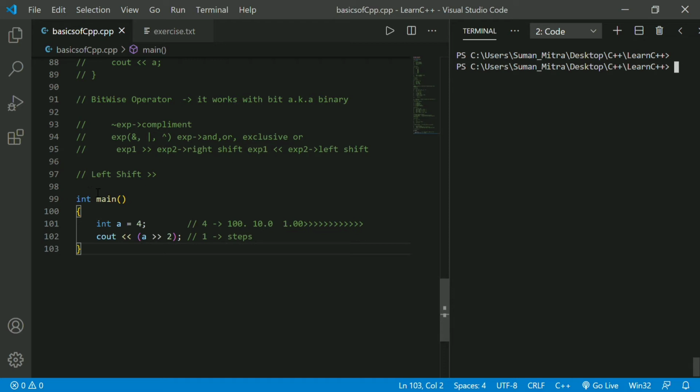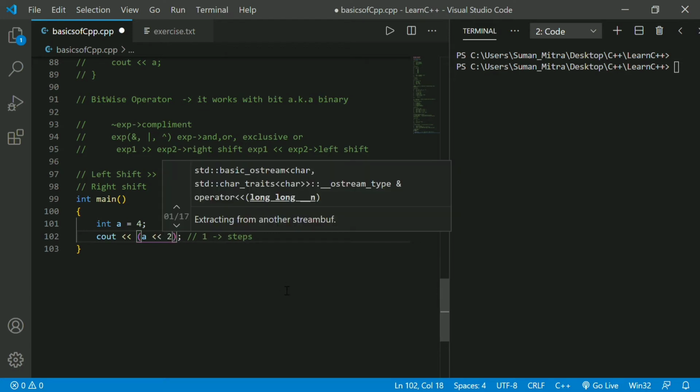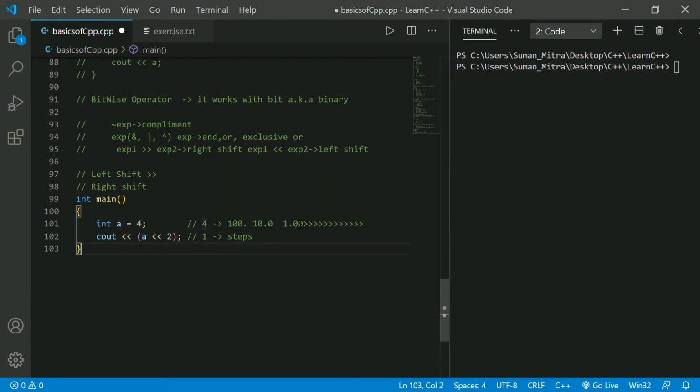Now we'll do right shift. For right shift there is nothing new, just change the shifting to the right direction. Let's comment out this. Right shifting means shifting in the right direction. So there is a point. Now if you right shift, then one more 0 will come into play. This will turn into 1 0 0, one more 0, then the point, because we right shifted. Now inside the right, 1 0 will enter. So what does 1000 mean? 1000 means, I think it's 7 or 6, maybe 6.